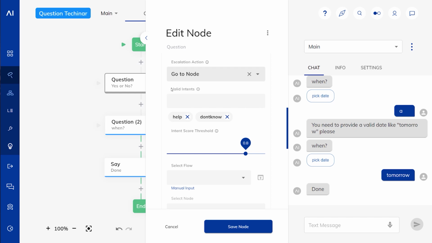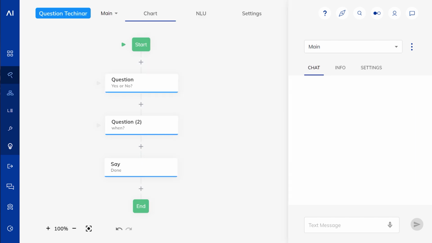On the help intent, I output a message and I come back to the node, which you can do because you know the node ID in the active question field in the input object. And on a don't know intent, I actually skip the node and jump to the node below that. Right? So you can get super advanced on those types of escalations here as well.